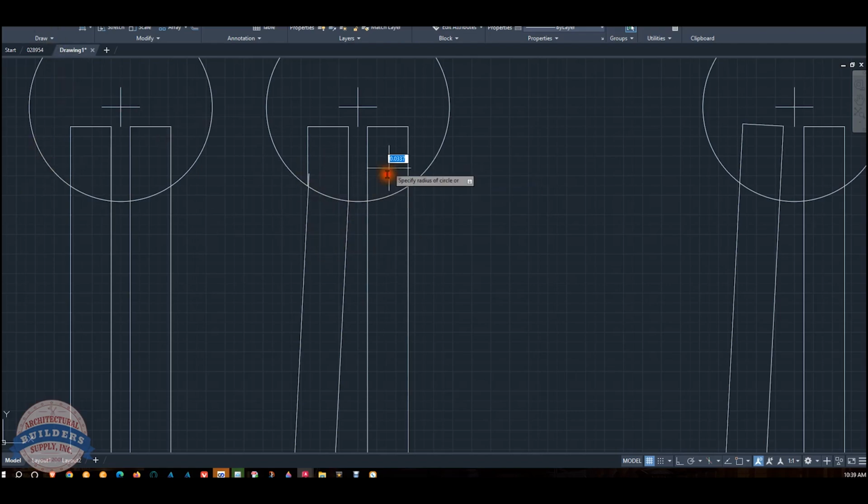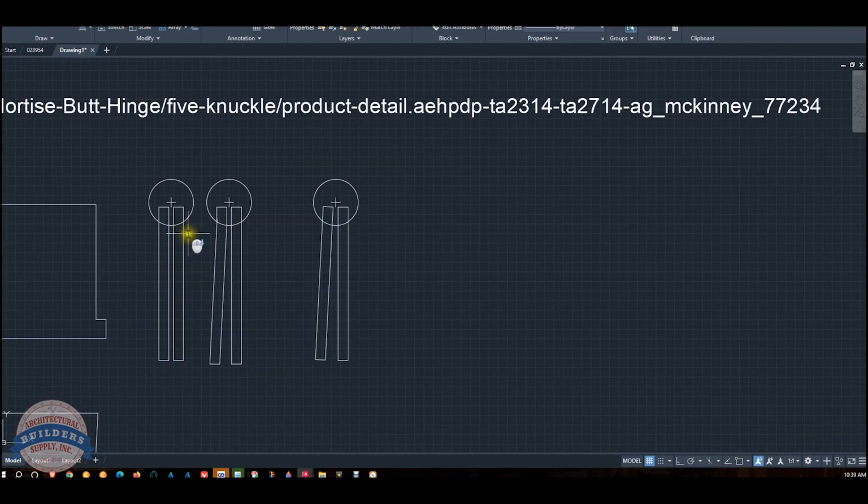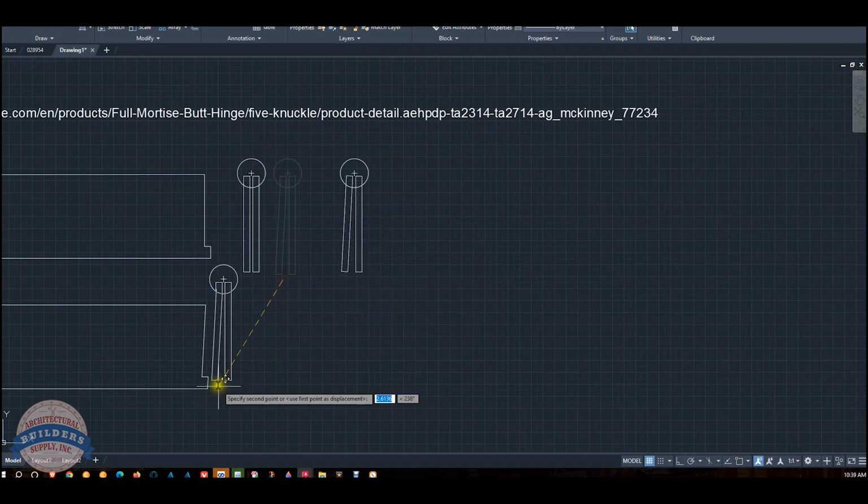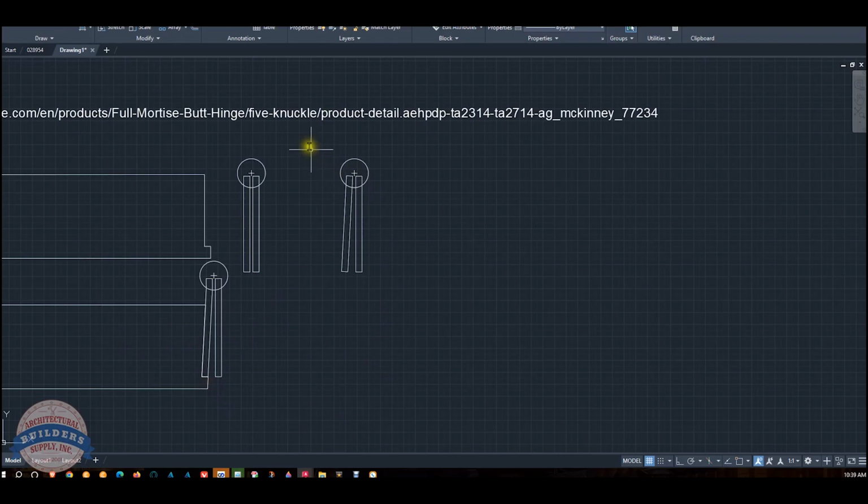So this is what we're drawing attention to. You know, the center right here. So at the end of the day, we can take this hinge and we can move it and get it tucked in really nice right there. And that's going to be awesome. That's what we want to see. What we don't want to see